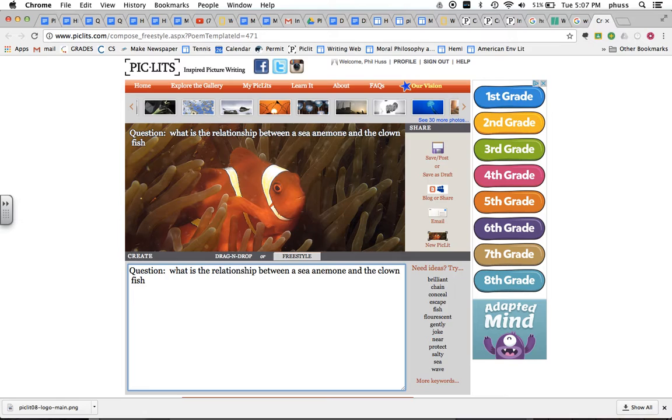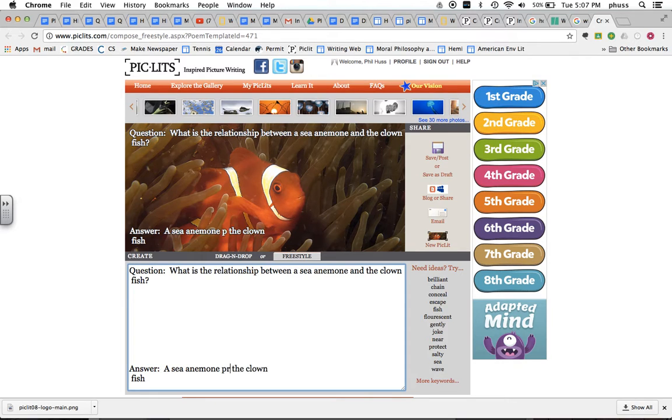Again, I'm going to hit return so that I can see it. Capitalize my question. And then I'm going to come down here and I'm going to process that information that I just learned. And I'm going to provide the answer, which is a fun thing to do, to have to process that information. And I will say that a sea anemone, I'm actually going to borrow some of this language up here and paste it down below. So I just copied and pasted. A sea anemone